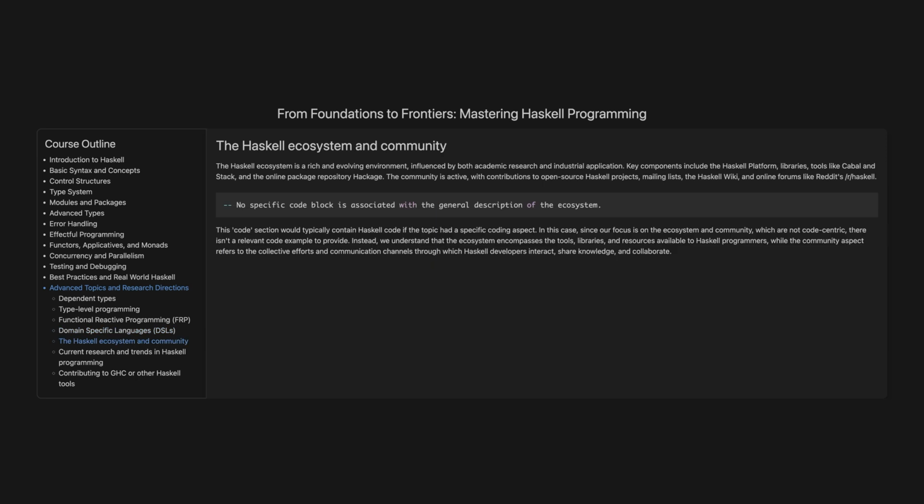The Haskell ecosystem and community. The Haskell ecosystem is a rich and evolving environment influenced by both academic research and industrial application. Key components include the Haskell Platform, libraries, tools like Cabal and Stack, and the online package repository Hackage. The community is active, with contributions to open-source Haskell projects, mailing lists, the Haskell Wiki, and online forums like Reddit's